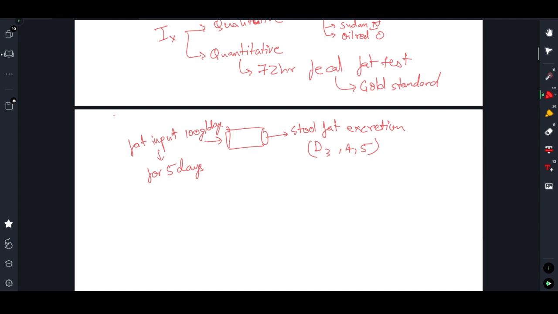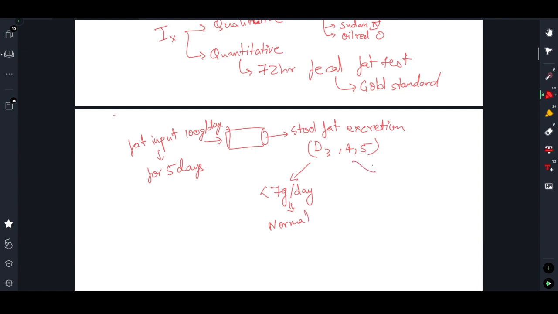So let's say before the patient came for investigation, he would have obviously consumed some food. That food would have some amount of fat, and that fat can change your results if you take the results on day 1 and 2. So that is the reason you choose day 3, 4 and 5, and you choose multiple days to average out the variability. Now if the stool fat excretion on these 3 consecutive days is less than 7 gram per day, then the patient is said to be normal,